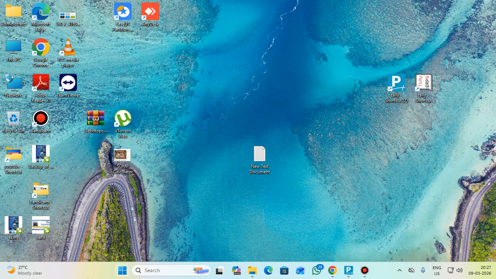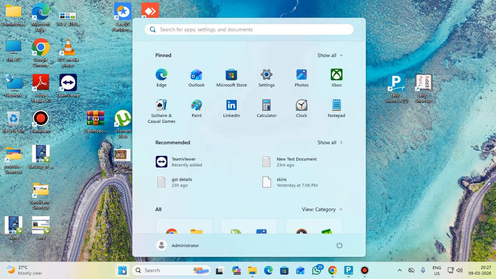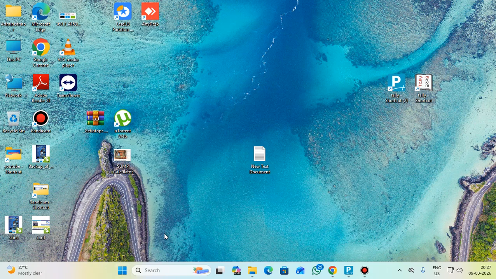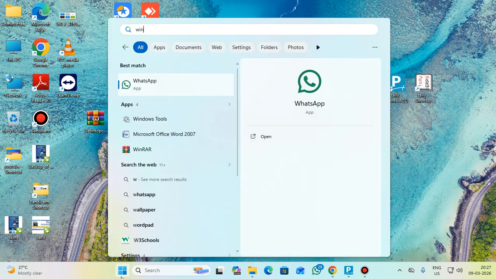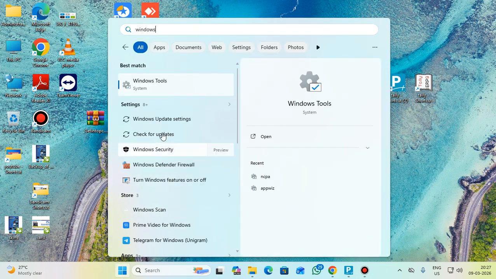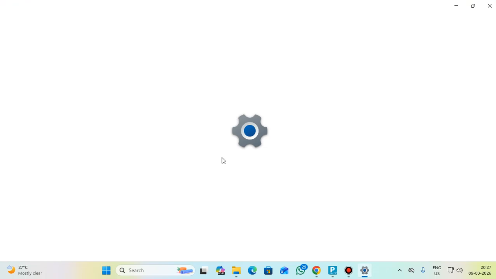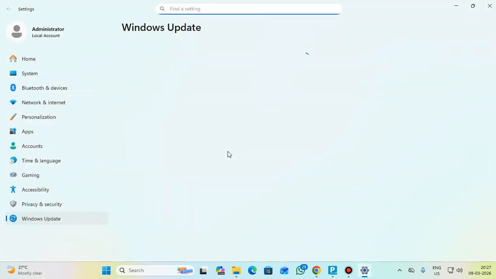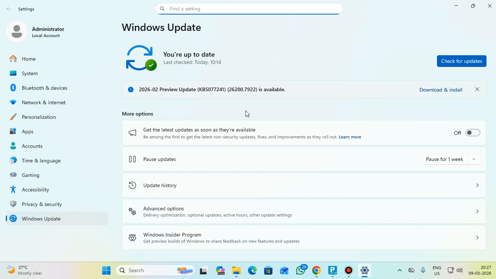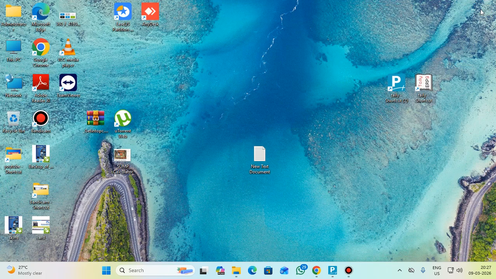Okay, first thing you need to update your Windows. Simply type here Windows Update. This is the best method to update Windows to the latest version. On my laptop it's already up to date. In case it is not updated on your laptop, or the Check for updates option is not working,